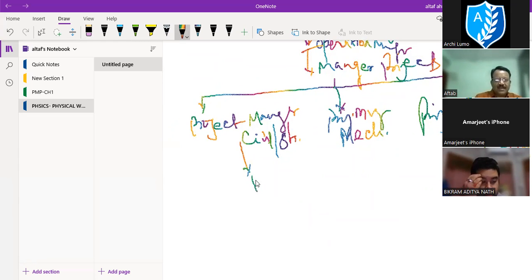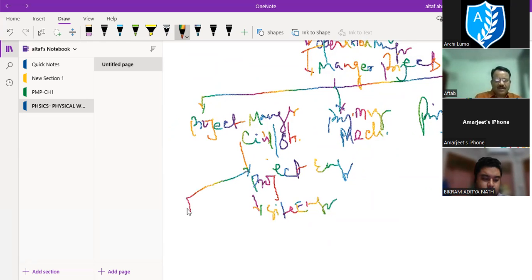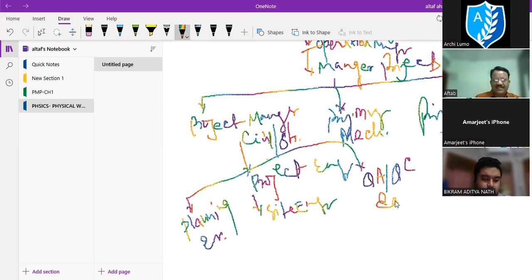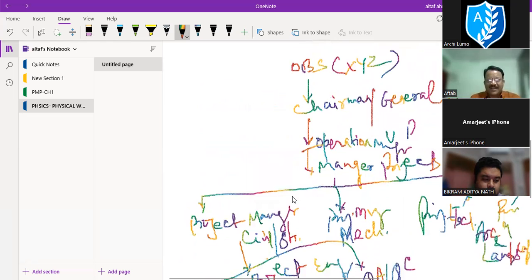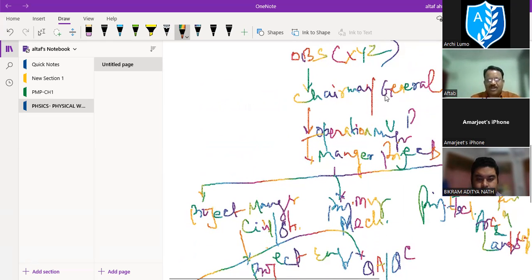Under this person, maybe a project engineer. Under this project engineer will be the site engineer. A planning engineer is also directly under the project manager, and a QA/QC engineer or manager. So you see this whole hierarchy, right from the company on top, the chairman, general manager or VP on top,